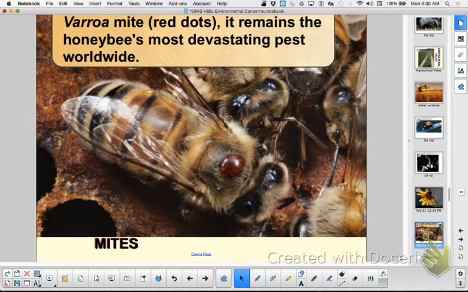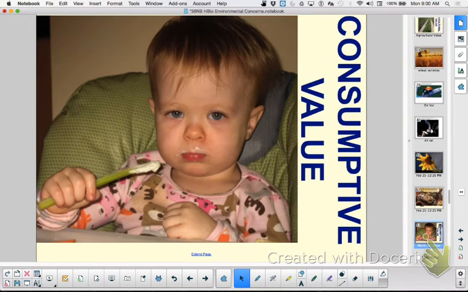All right, and then the next one is consumptive value. The cultivation of crops and domestication of animals, farming, have been successful. So we grow a lot of crops, we grow animals. We need to